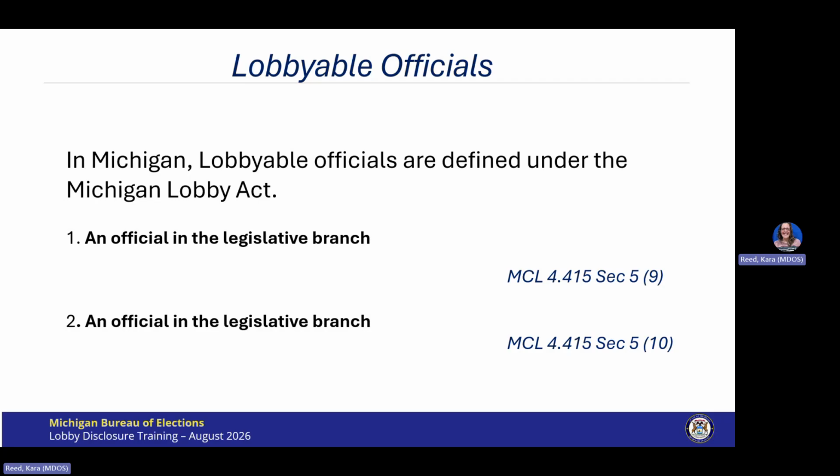The executive branch officials include the governor, lieutenant governor, secretary of state, attorney general, and certain classified directors and deputy directors of state departments. Now, we also have our legislative branch officials, and these include state senators, state representatives, the auditor general, deputy auditor general, and any non-clerical policymaking employee of the legislature.